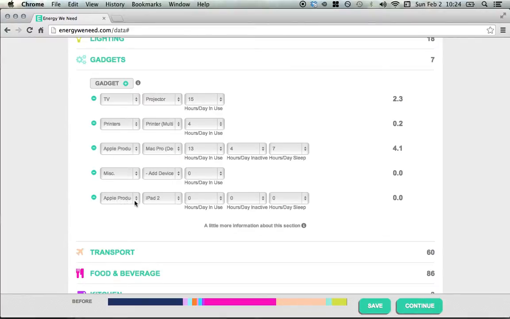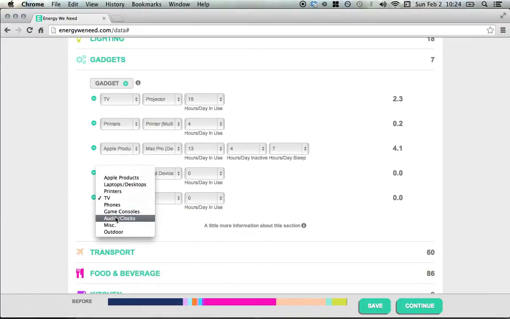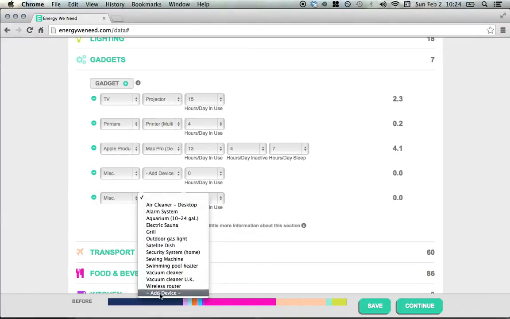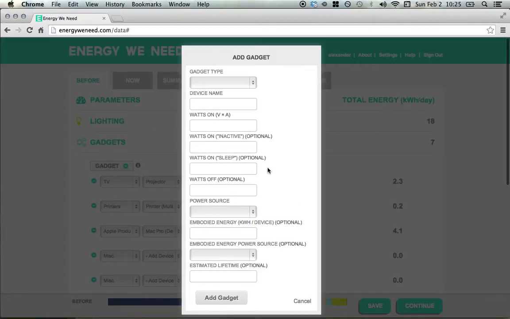Note that if you can't find your gadget, for example, we're going for TVs, or if we're going for miscellaneous and we can't find our gadget, we can add a device here. So just enter in all the data, and you can even select what the embodied energy of manufacturing the device is down here. In the future, we're going to be adding the embodied energy functionality to this website because it